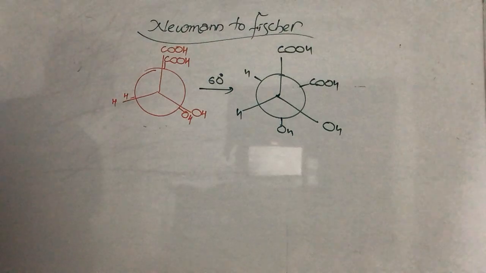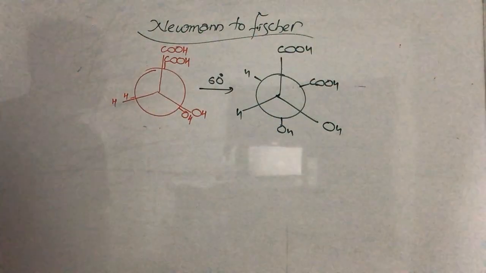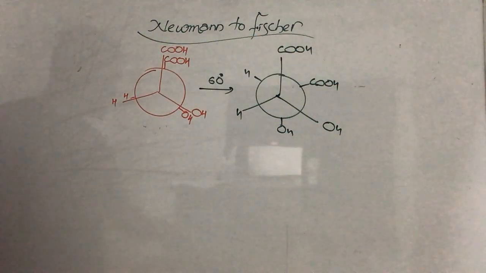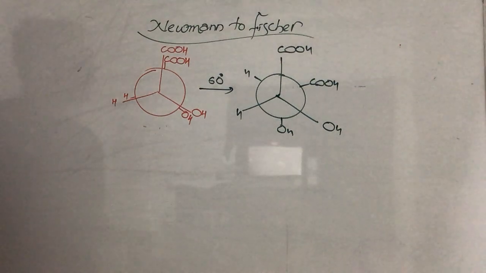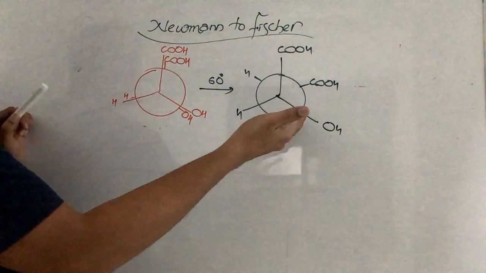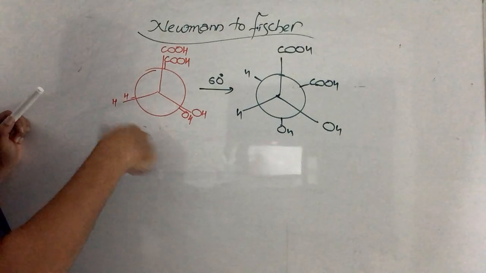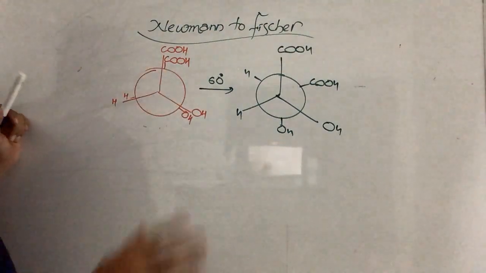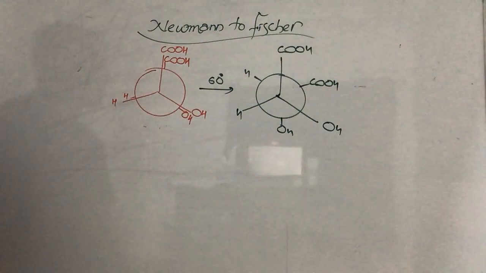Now the problem is there. When it is given like this, you can write from this, no problem, but that is not right. We should not write it. We should follow some rules. The rule is, it must be converted back into eclipsed form. From the eclipsed form only you write the Fischer projection, then there will not be any kind of mistake.